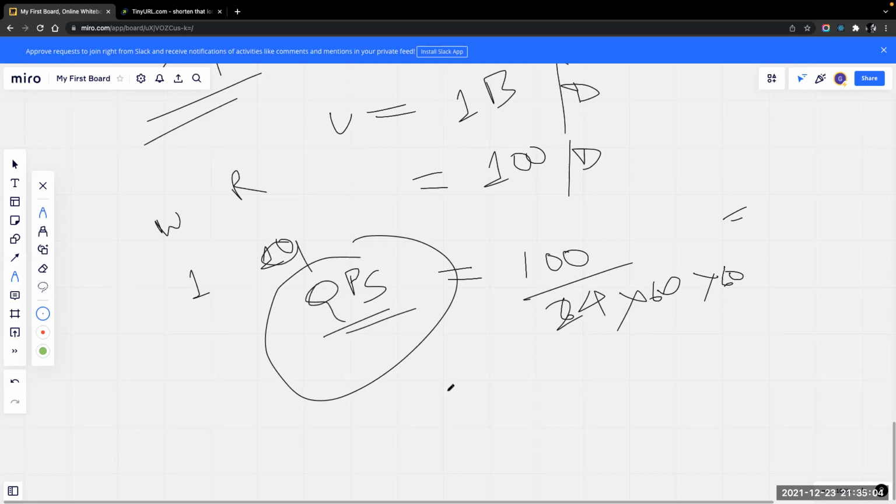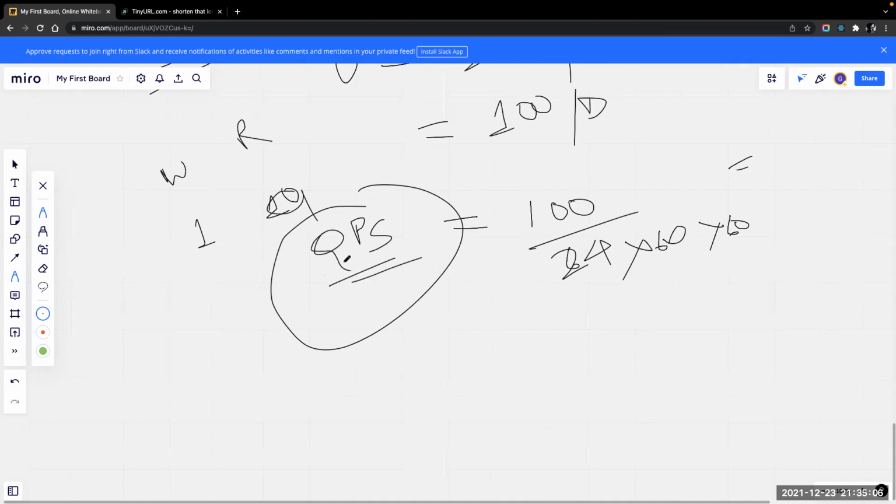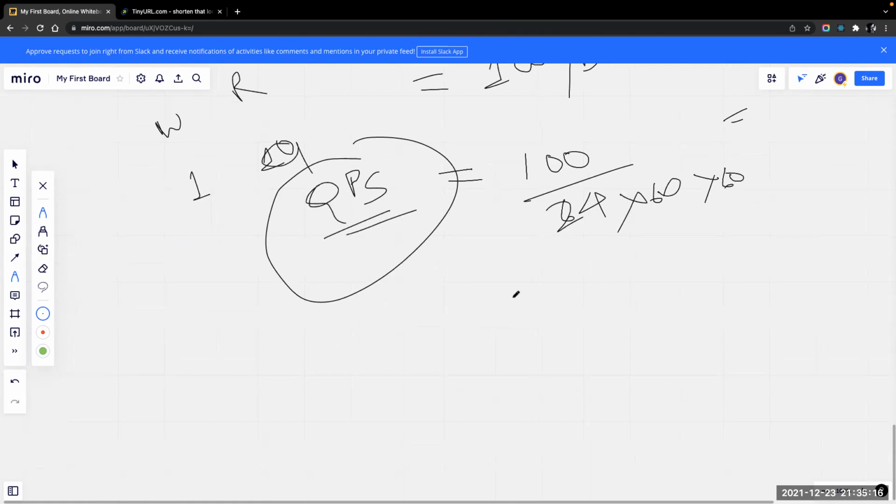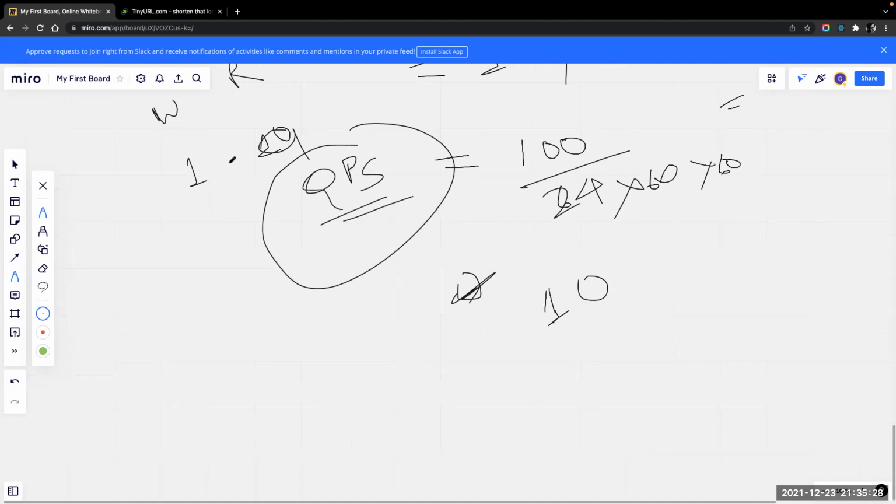Okay, so we will first find the QPS, that is queries per second. This gives us an understanding of how many queries are processed in a given time. Once we have the QPS, say the QPS is 10 queries per second, for example, then in these 10 queries we will check how many are write queries and how many are read queries.